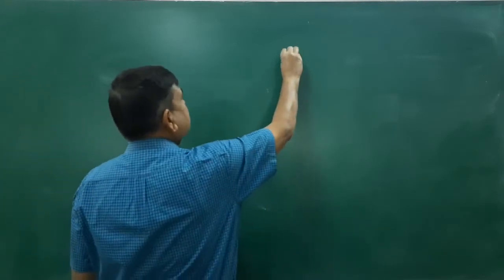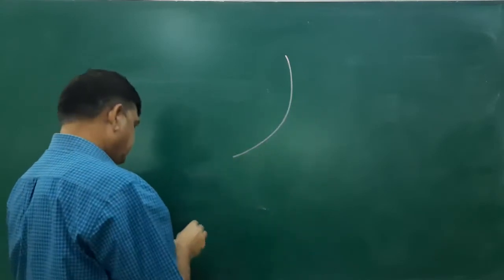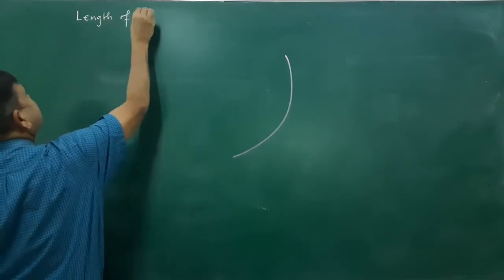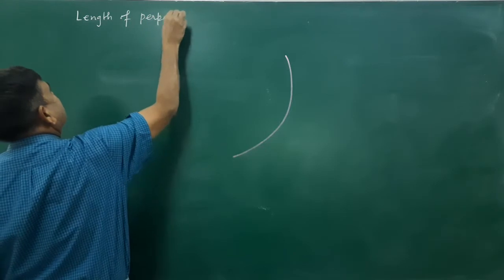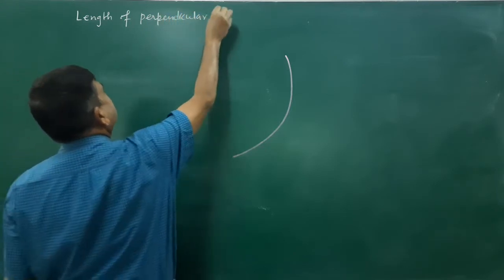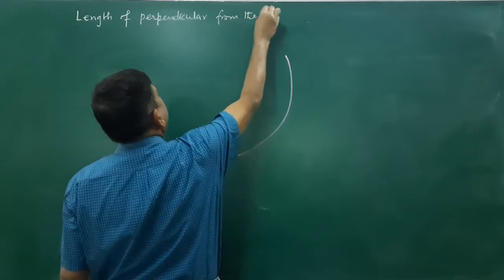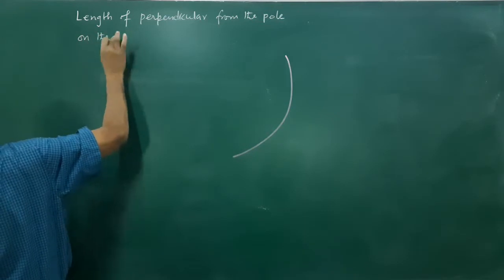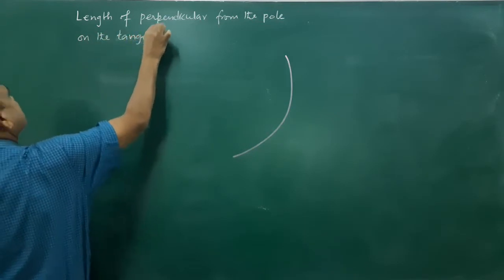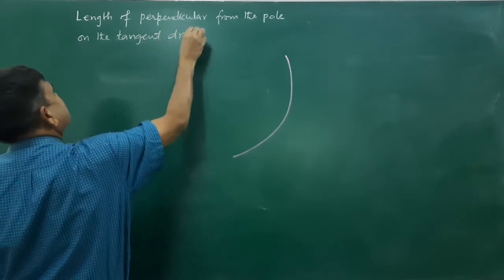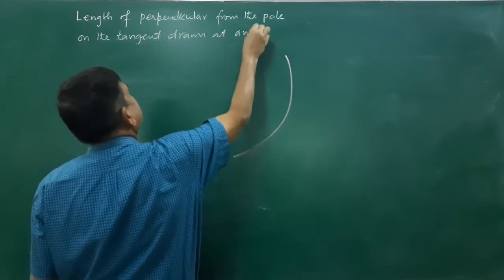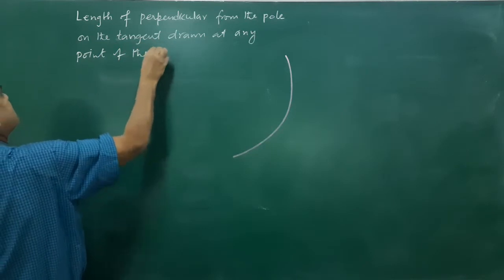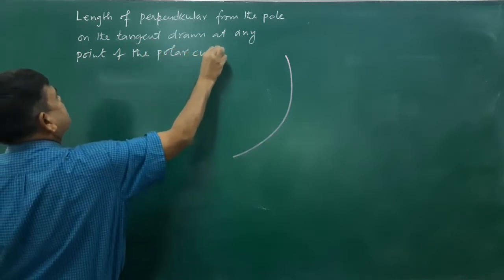So just say length of perpendicular from the pole on the tangent drawn at any point of the polar curve. Okay,